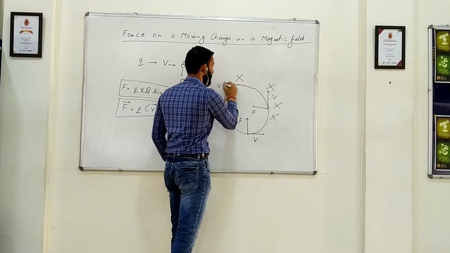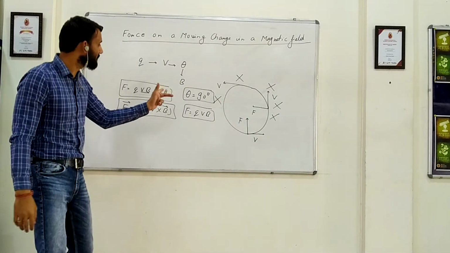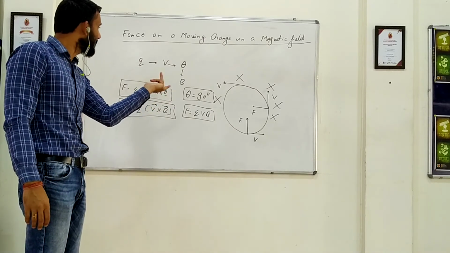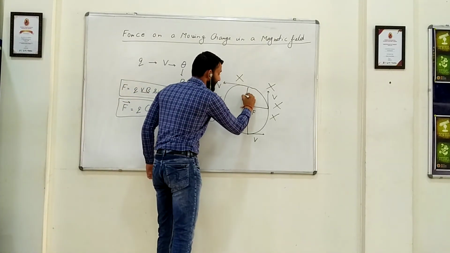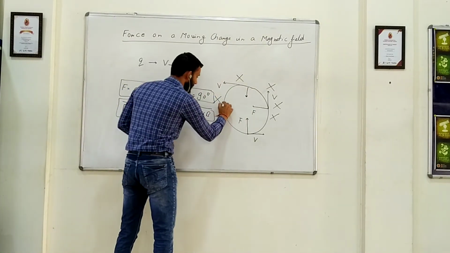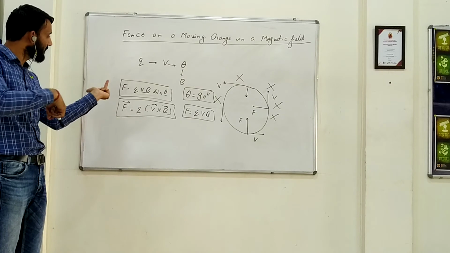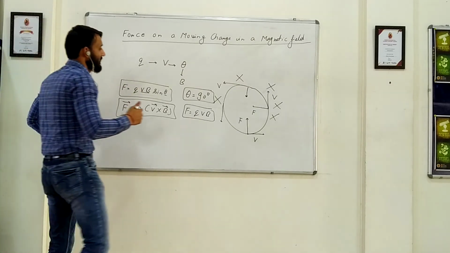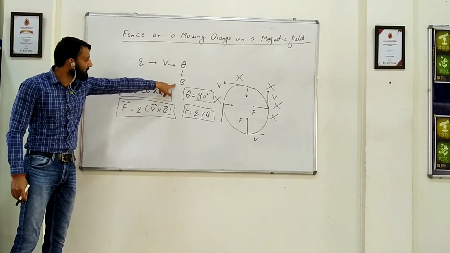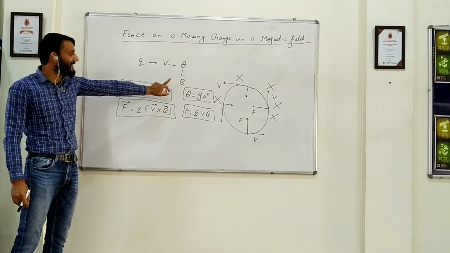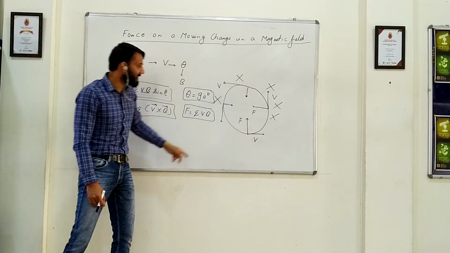If you apply it here, this is velocity. Let us do this part. So if I do this part, then what happens is magnetic field, velocity. So it is coming downwards. So obviously the force will try to bring this charged particle in this direction. Again at this point, it is like this. So it is downwards. So force will be in that direction. So you see that whenever this velocity is perpendicular to magnetic field, that is theta is equal to 90 degrees, in that case, the magnetic force will try to rotate the charged particle in a circular path.